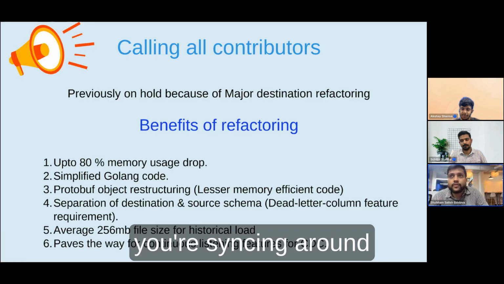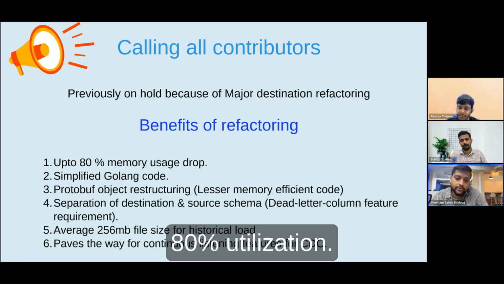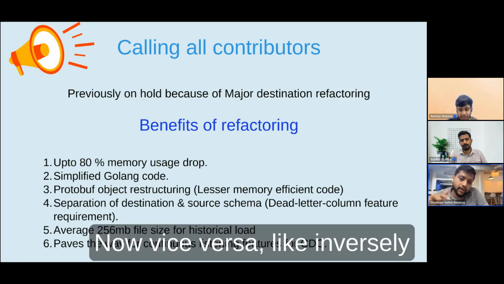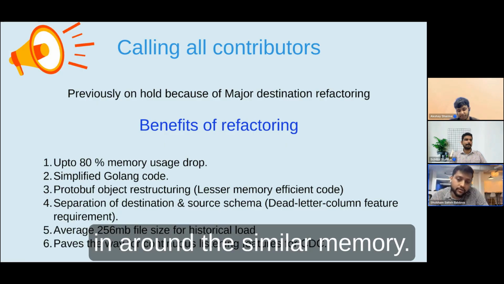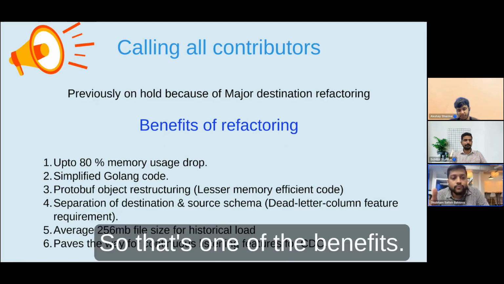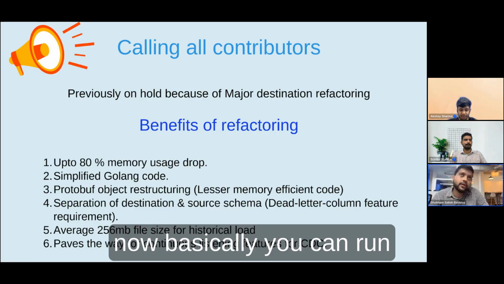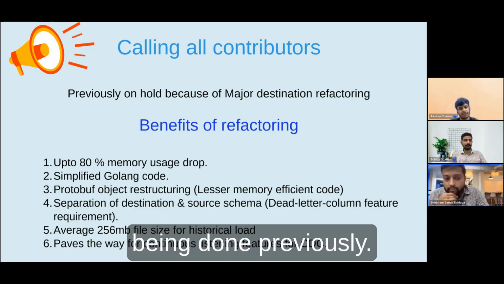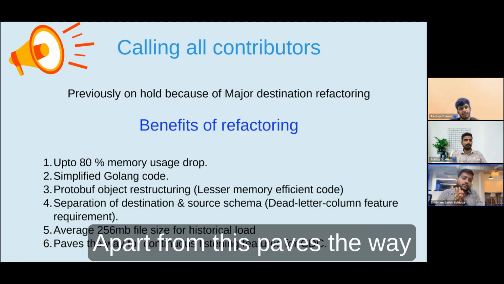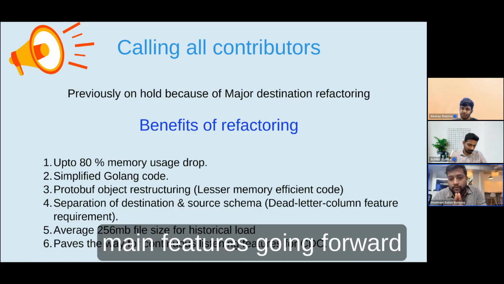Previously, we were syncing around 50,000 records per second at 80% memory utilization. Now, inversely, we are able to do 150,000 records per second in around similar memory. So that's one of the benefits. Now you can run the workloads on a lot less memory compared to what was being done previously. This also paves the way for us to include two main features going forward,